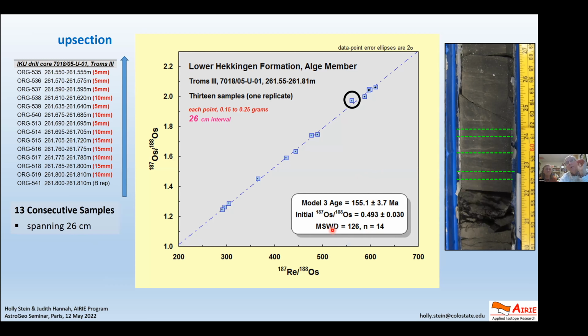MSWD, mean square weighted deviates, which is the amount that these points, the actual measurement is just this little dot. But I put a box around these so you can see them better. You know, it's hard to see dots down here when it's very small. And I see that the picture shifted just a little bit. The dot should be centered in the box there around it. But you see a little bit of scatter in these.